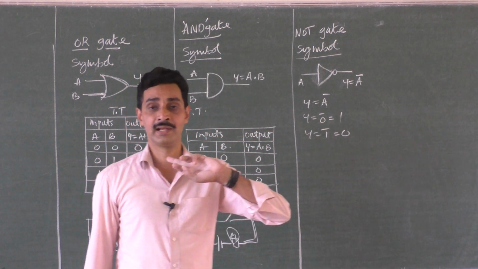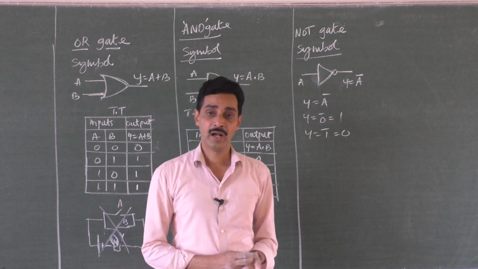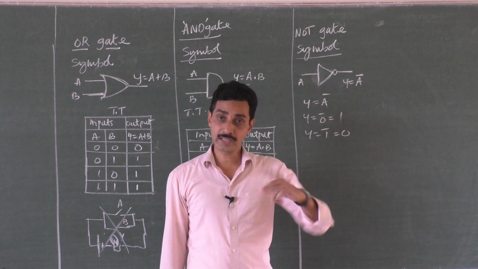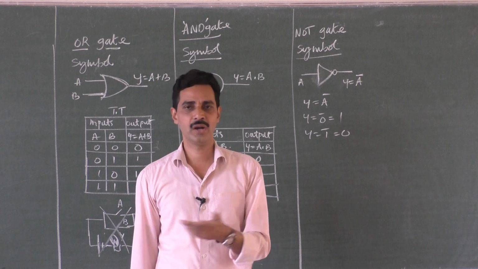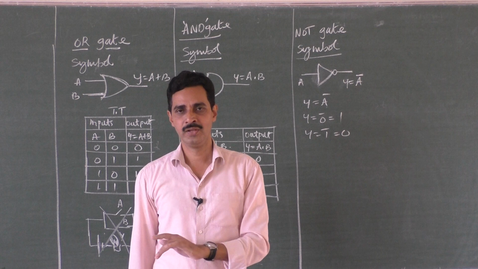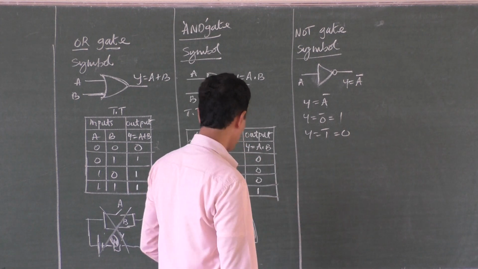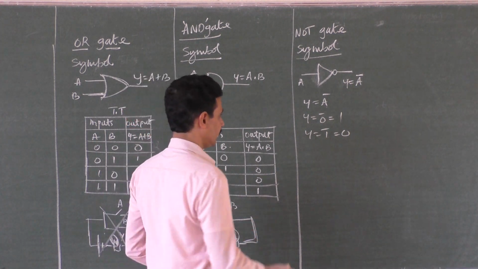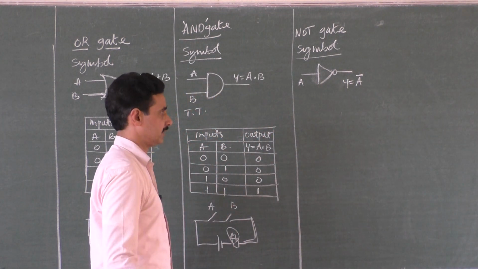Right? Another word we use is complementary. What do you mean by complementary? Output is the complement of the input. It is the other one, or it is not the input. If input is 0, output is not 0, that means 1. If the input is 1, output is not 1, it is 0. It is the complement, the reverse of the input. So that is what we write. Bar means complement. That is not that value, the other value you have to write. So Y is equal to A bar.